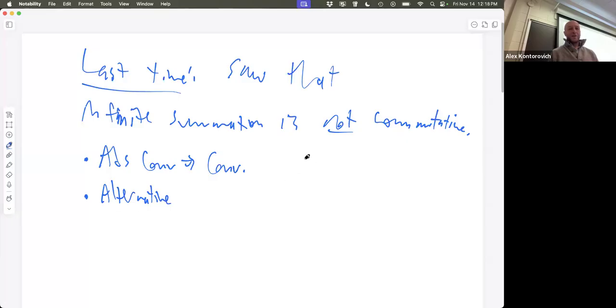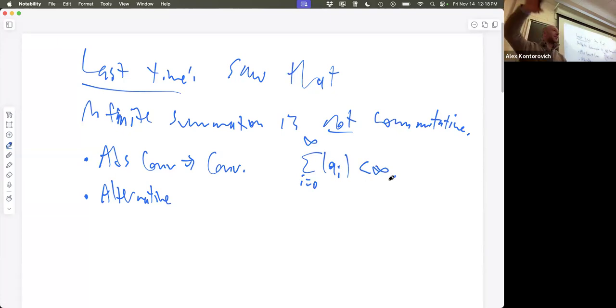So if this sum converges, which people write as less than infinity, because the only thing it could diverge to is infinity, since it's an increasing sequence. It's either bounded, in which case it converges, or unbounded, in which case it diverges to infinity. It's monotonic, right? The terms are non-negative. So if this series converges absolutely, then the original series converges.